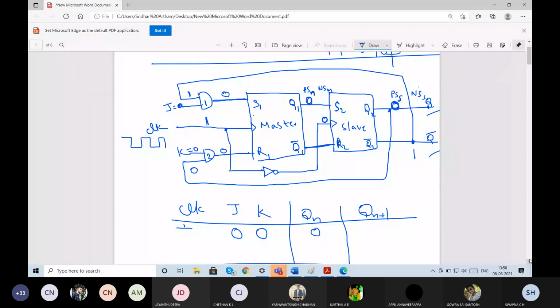You remember the SR flip-flop truth table, right? S, R, Q bar, this represents the next state. So 0 0, 0 1, 1 0, 1 1. What happens when 0 0? No change. 0 1, it will be 0 1 only. 1 0, 1 0. 1 1 is the invalid state. Now what you got is S1 R1 values of 0 0. So S1 is 0 and R1 is 0. What happens to the output? What will be Q1?